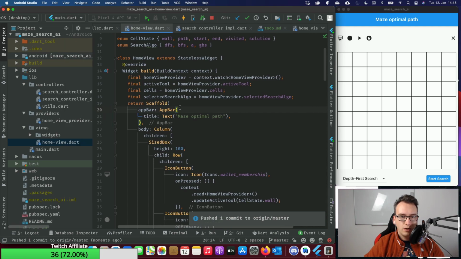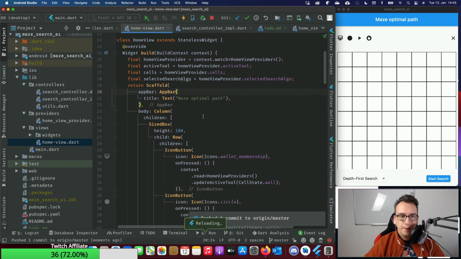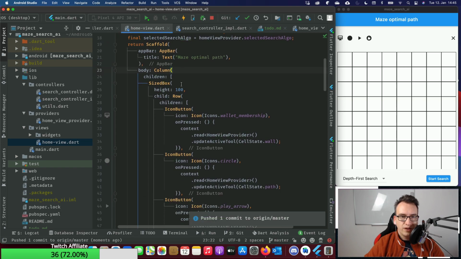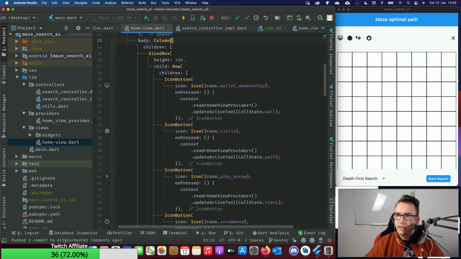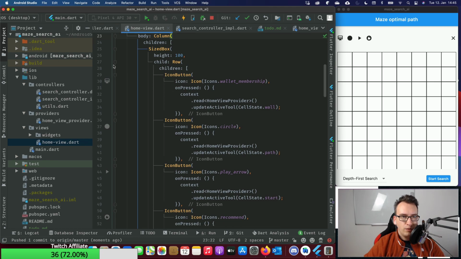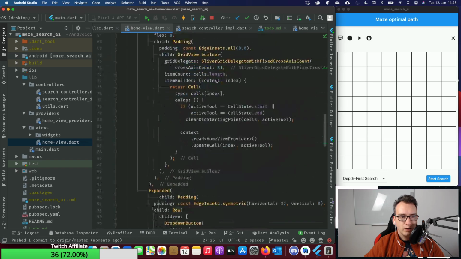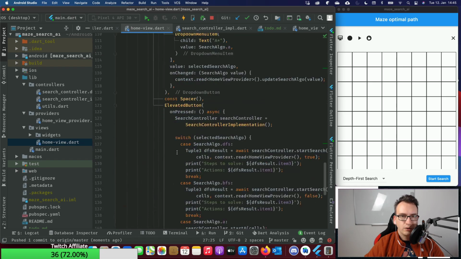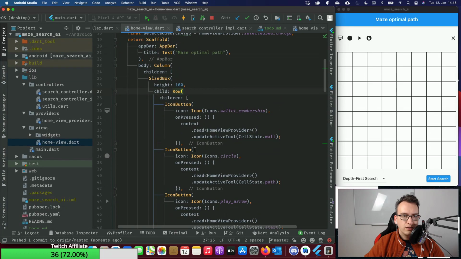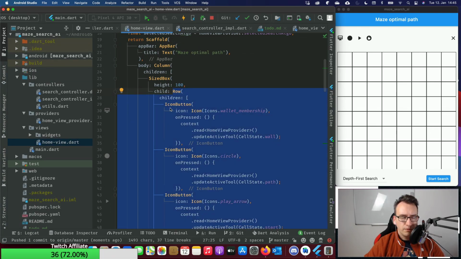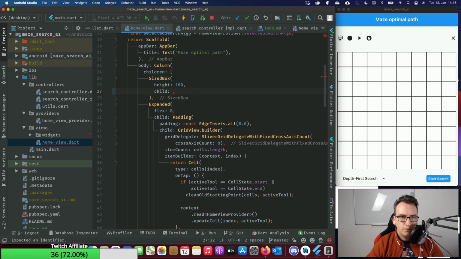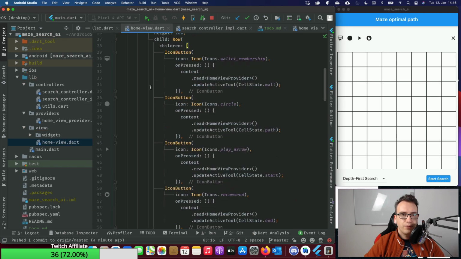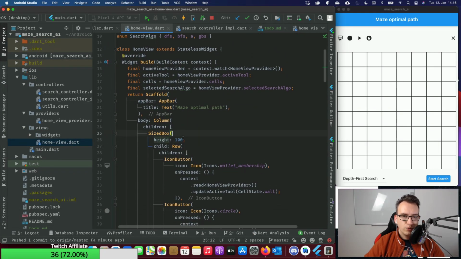Make that a bit smaller. So, okay, so we have our column here with that sized box where we have the different icons inside. This is this part here. And now what I would like to do, I think we are also getting a bit out of bounds with our size here. So this row could be an own widget, right? Rather to have that sized box and everything, we could take this row out. Yeah. So I will take the sized box with us.